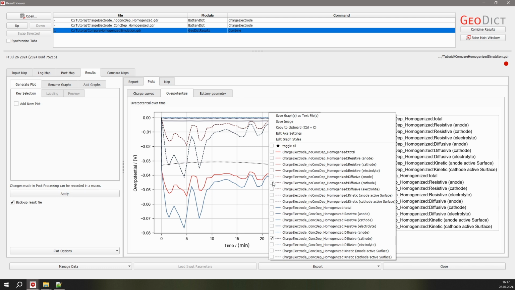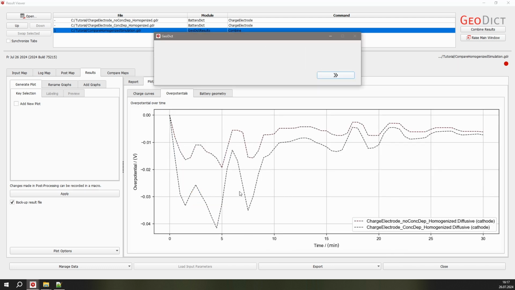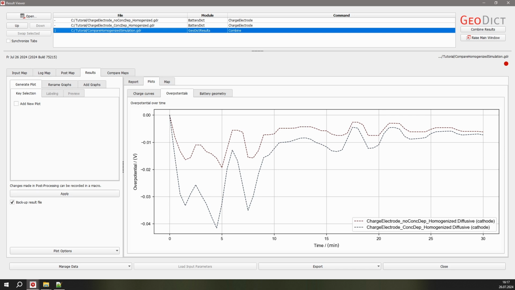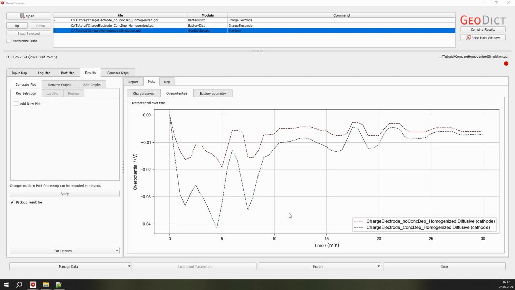The curve with the higher overpotential belongs to the simulation without concentration-dependent diffusivity, and the other curve belongs to the concentration-dependent diffusivity simulation. Considering the concentration dependence, at lower lithium concentrations we have a lower diffusivity. This is why we have a lower overpotential for the simulation, also leading to a different charging curve.